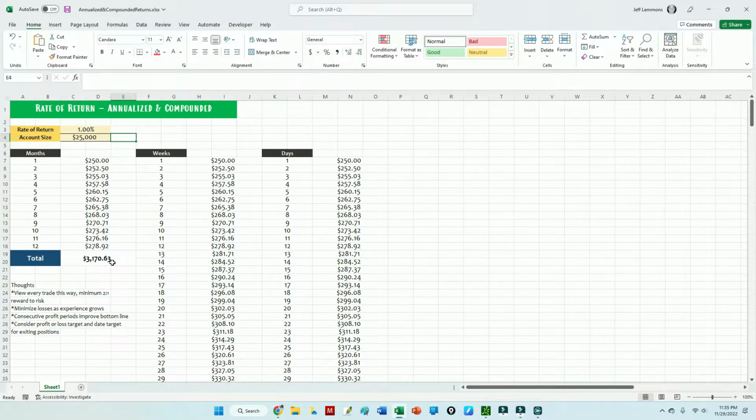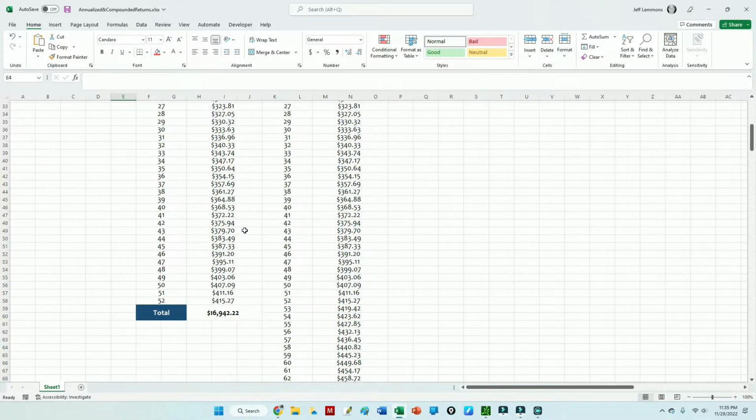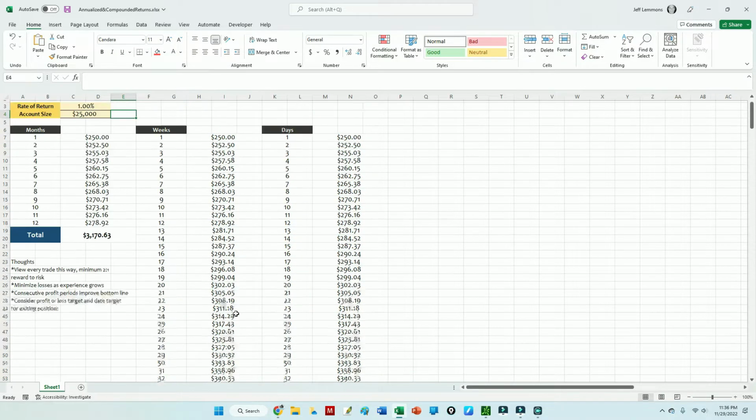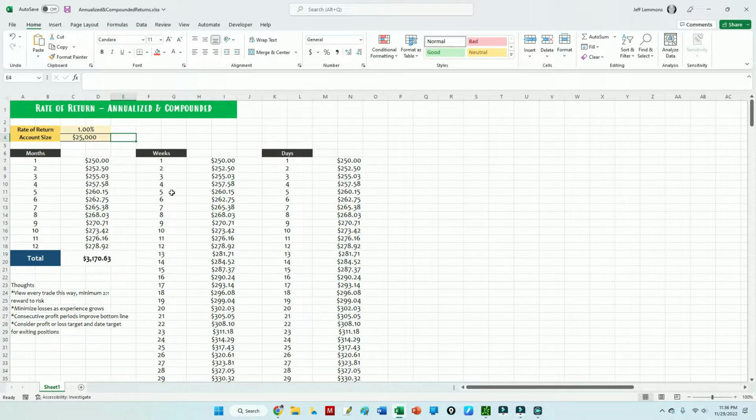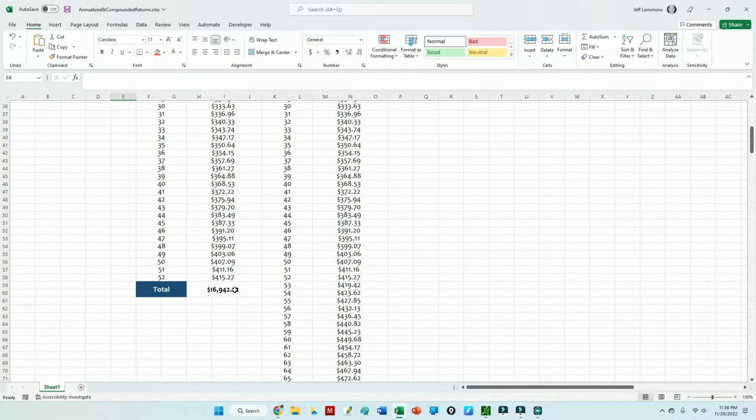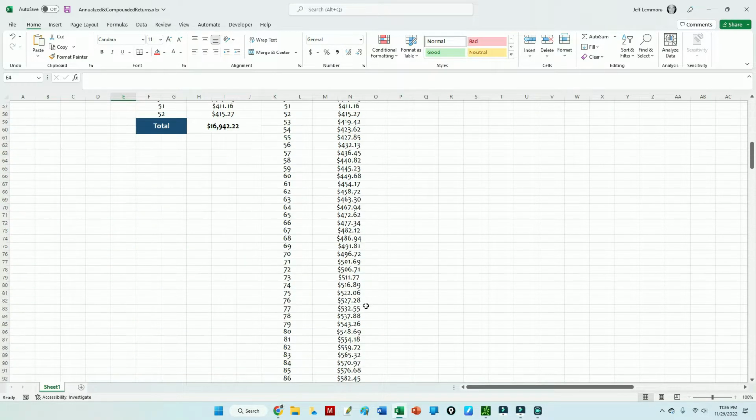I've only got one options trade open at the moment again, but I also realize it isn't realistic, because some months you are going to have losses. No matter what you do, no matter how good you are, you are going to have some losses in there. Just for the sake of seeing it, you can see here on that $25,000, at 1%, you would have made $16,000 if you were able to get that 1% every single week,